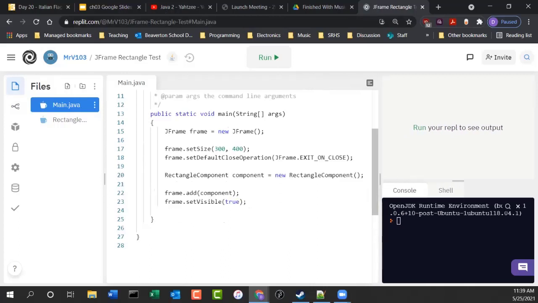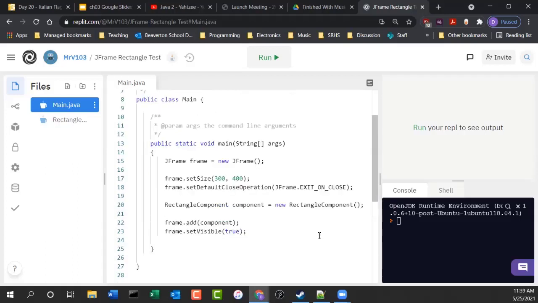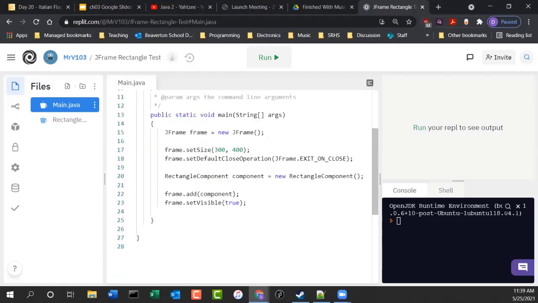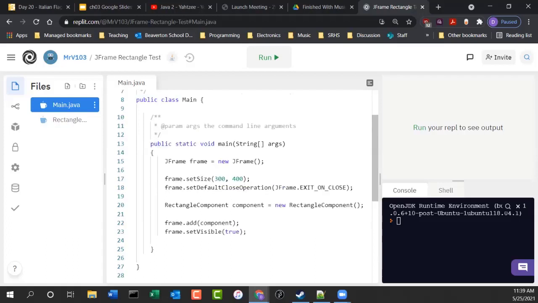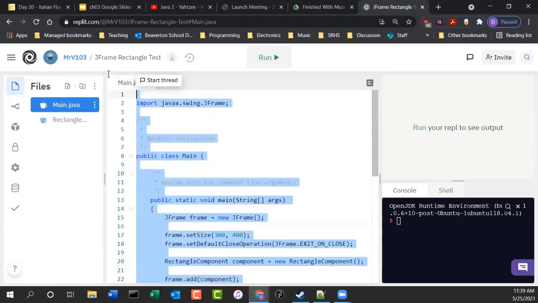This really doesn't change from project to project. This always stays the same. It's just necessary plumbing code that you need to be able to show something on the screen. So what I would do is grab all the code that's in there, copy that,